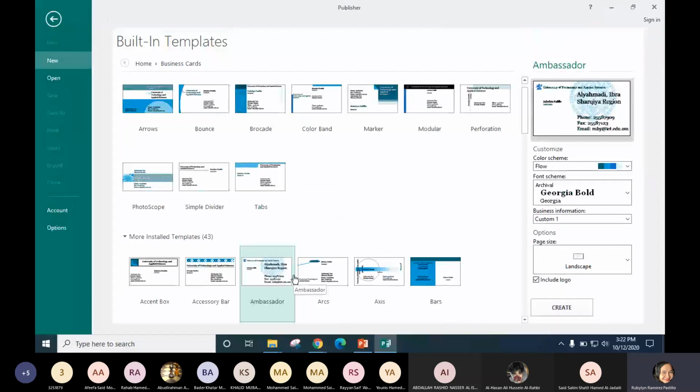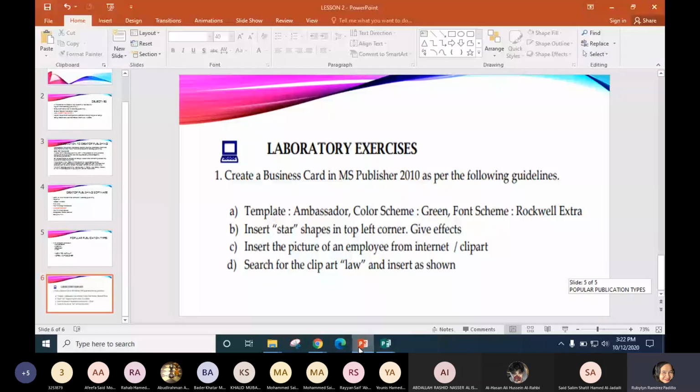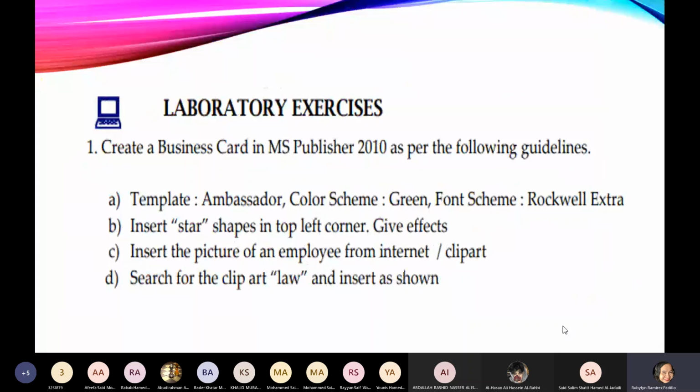Now it says that the template we will use is ambassador. Let's go and see the requirement again. I will just highlight it for you to see.